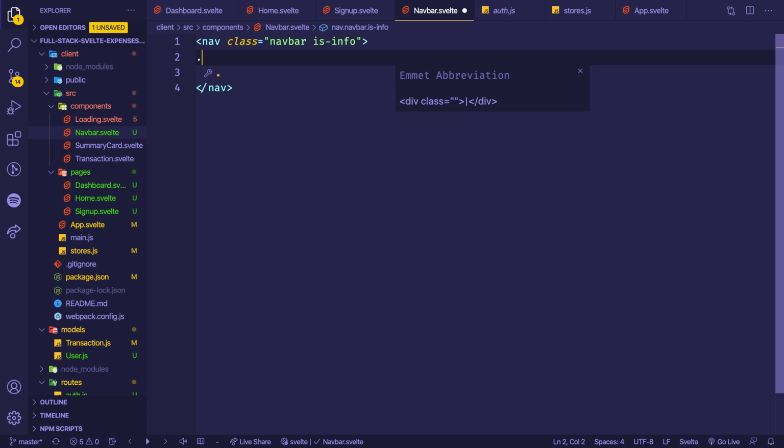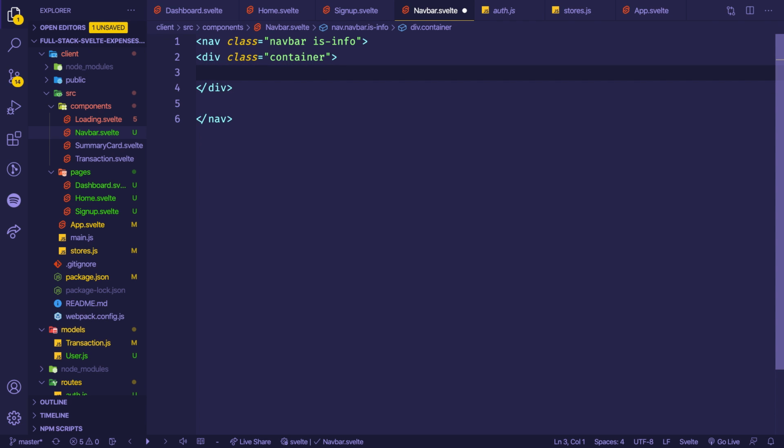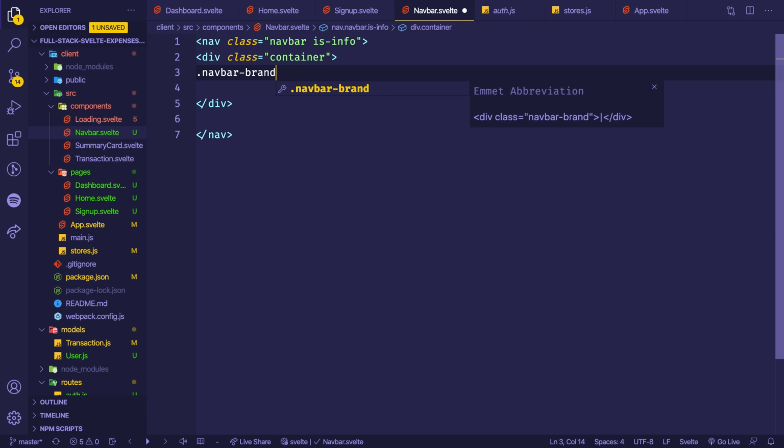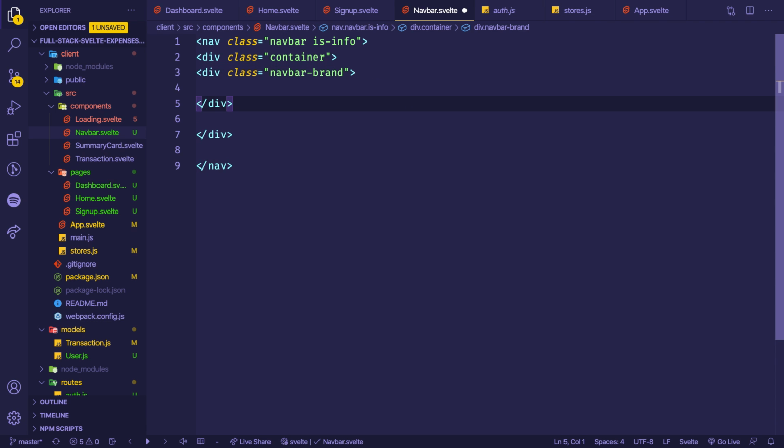And here I'm going to add a container, and this container is going to first have this navbar brand. So this is going to be where we have our logo. We're going to have a nice logo here, and I'm going to have an a tag that's going to have the class of